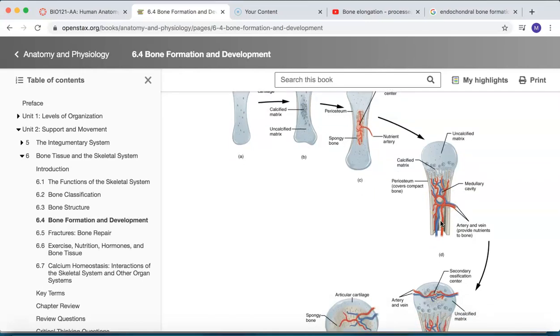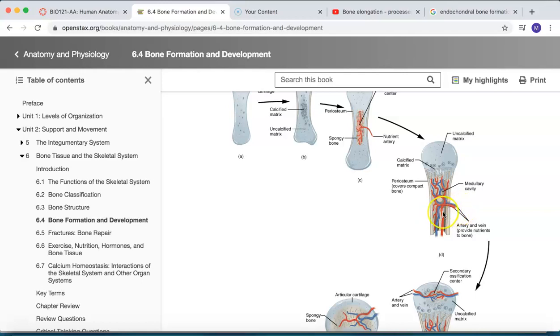Now, one further thing to add here is that within this medullary cavity, those osteoclasts are often reforming and remodeling the inside of this compact bone, which originated as the bony collar. It's got osteoblasts all along it now because the perichondrium that used to surround here was replaced with periosteum. And if you remember, the inner layer of the periosteum consists of osteogenic cells and osteoblasts. And so what the osteoblasts are doing is continually laying down more and more bone, and this continues to thicken. And so what is happening is actually the bone is widening in diameter, both in this direction and